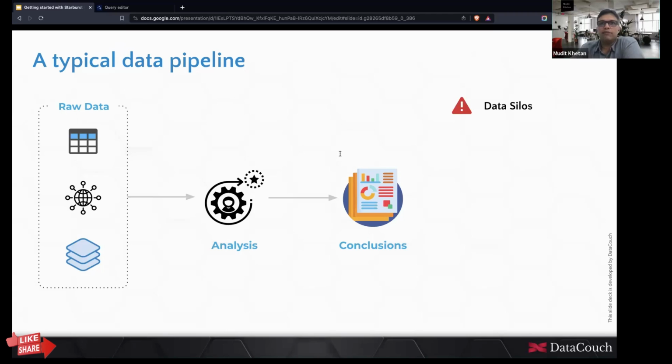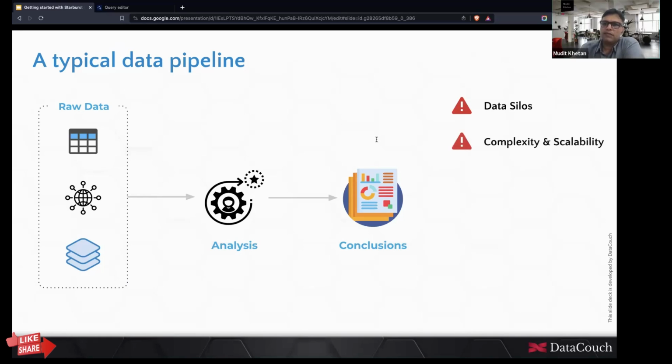For example, if there is a legacy system that has been in the organization for the last 15, 20 years, and there is a modern cloud-based system, it is quite difficult to integrate both of them into a single data pipeline because both present a different set of challenges. Because of that, the data remains in silos. So it is not possible for a single data pipeline to connect both these legacy and modern systems. That is one of the challenges that most engineering teams face.